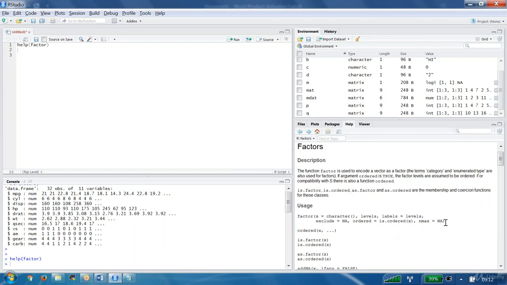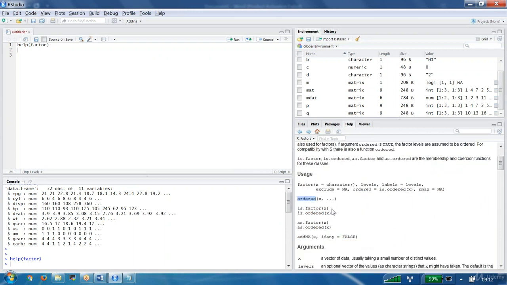These are the possible arguments we have. We also have to see what an ordered factor means. To know whether a given object is a factor, we can write is.factor. To see whether a given factor is an ordered factor, we can use is.ordered, and as.factor, as.ordered. This technical work we'll see in tomorrow's class.